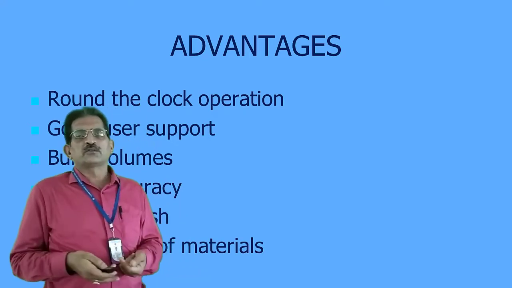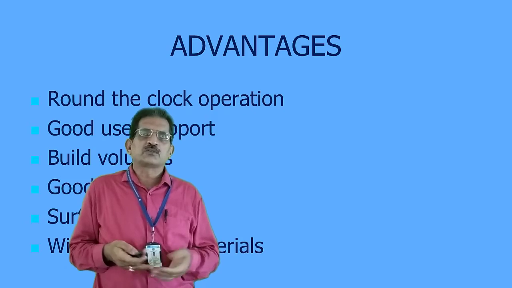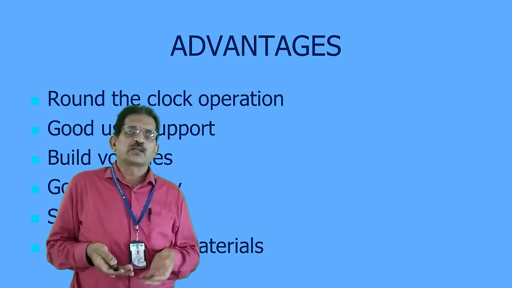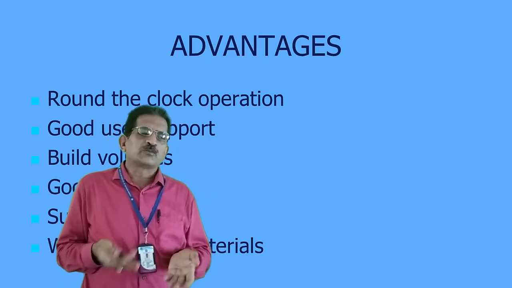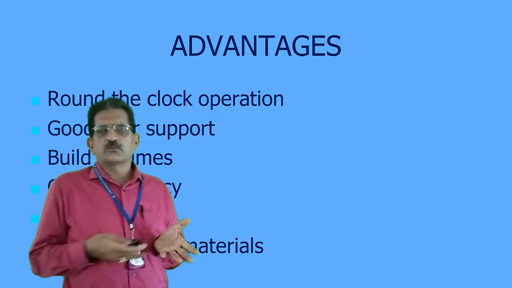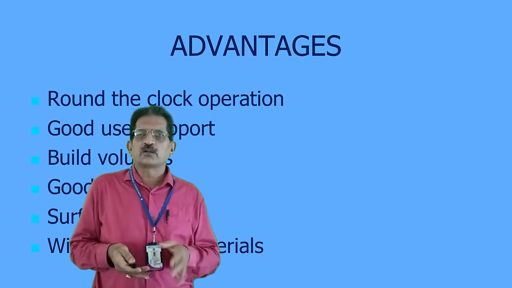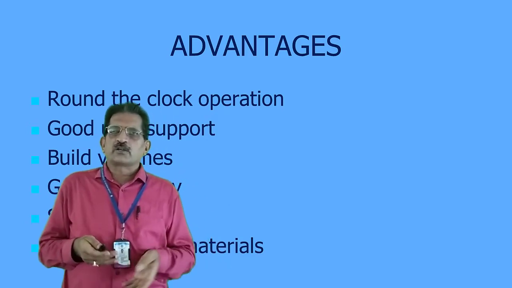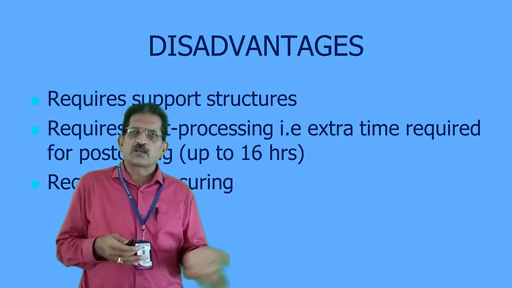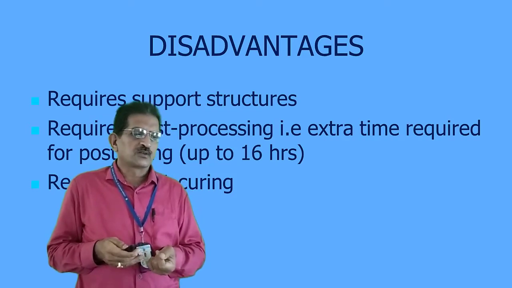The main disadvantage is you have to make supports, and all the support means cost. You have to make different supports, particularly when you are getting overhanging or extra line. This becomes a very costly process. And the second one is, when you have made this by polymer, you need to cure. After curing, you need to clean, because there will be so much unwanted material, so it requires polishing and cleaning, or sometimes some grinding to remove edges.